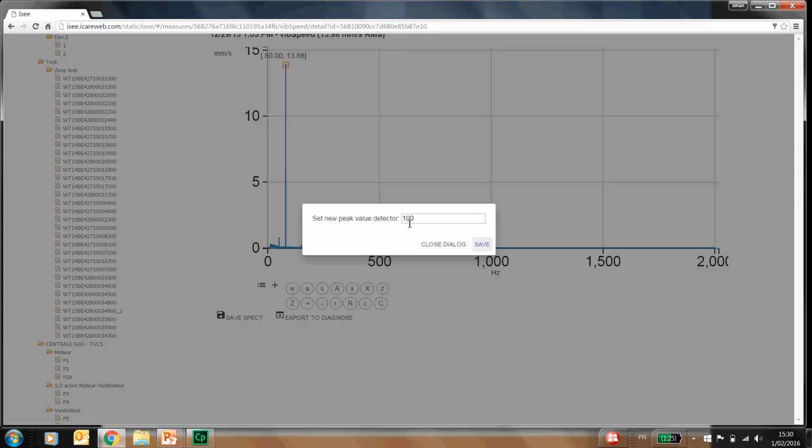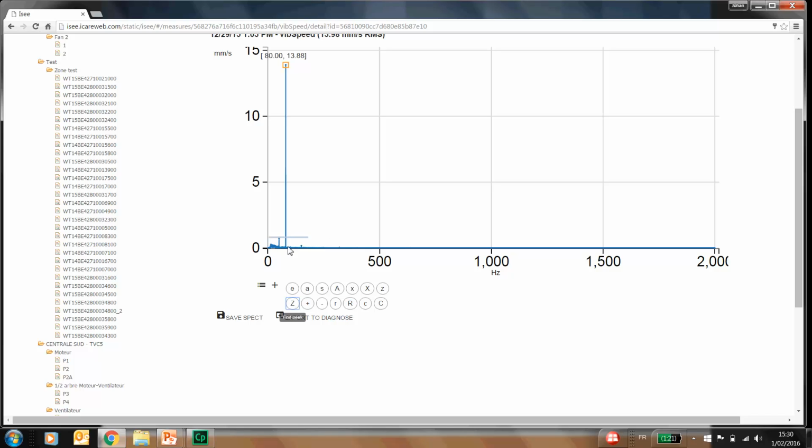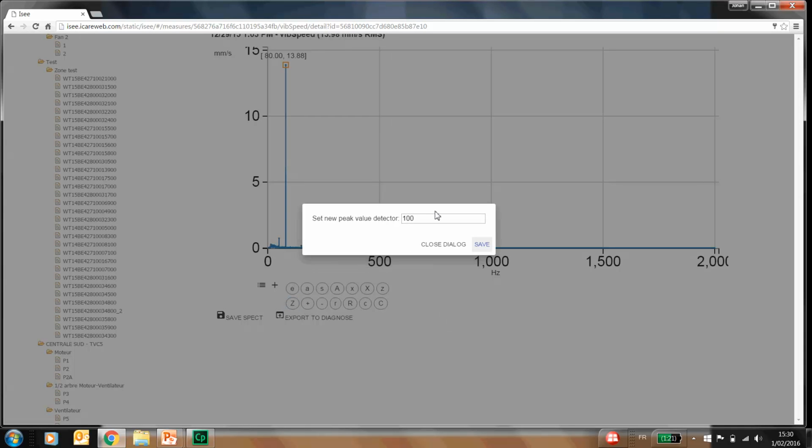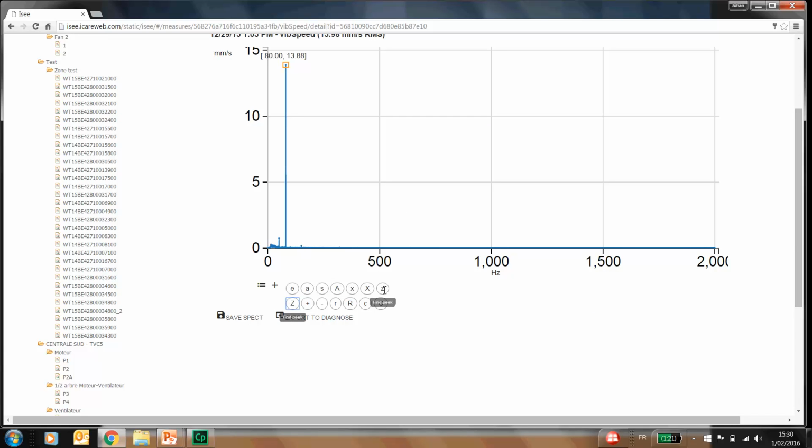Well, the value is a kind of a number of digital lines. In this case you see 100. That means if you had your cursor here before at this location and you click find peak Z, it will look for the highest peak in 100 digital lines in the neighborhood and go to the highest peak in that region. However, if you put a lower number and you do the same Z function here, it will look for the highest peak somewhere in a range of 10 digital lines. With plus